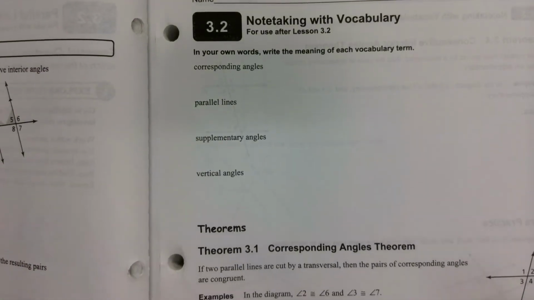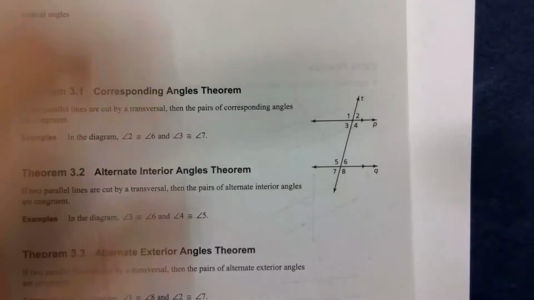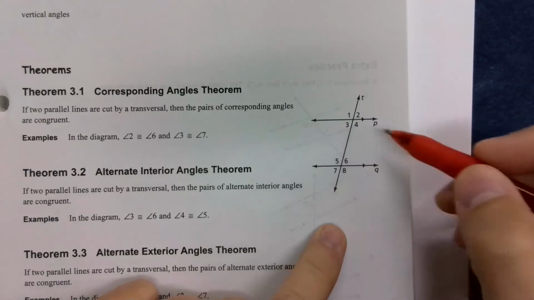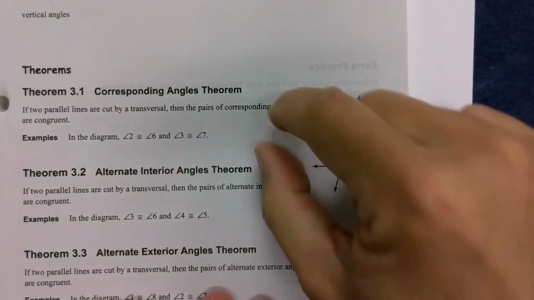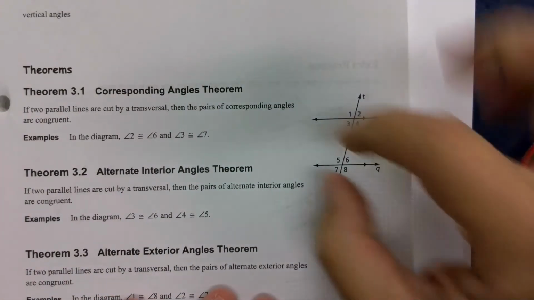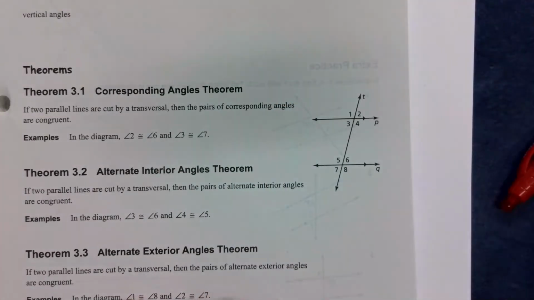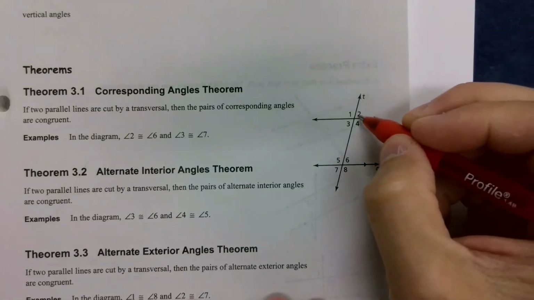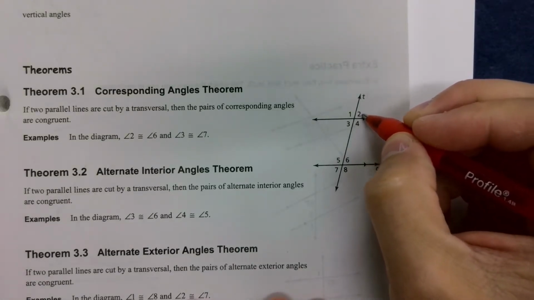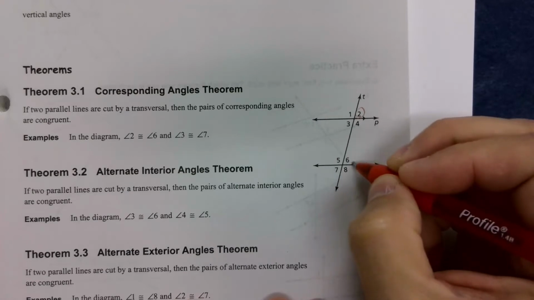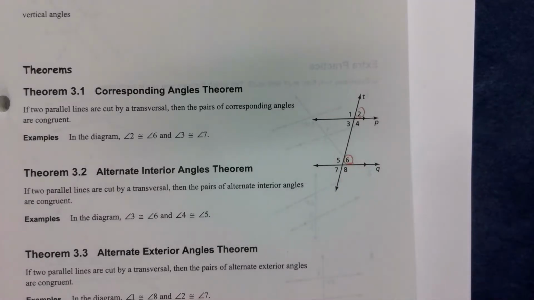So the first thing I'm going to do is talk about this thing right here, and what happens specifically. We've talked about two lines cut by a transversal. What happens if those lines are parallel? Well, it turns out that we can prove a lot of things, and I'll go through this with you right now. Turns out that this angle 2 and this angle 6,